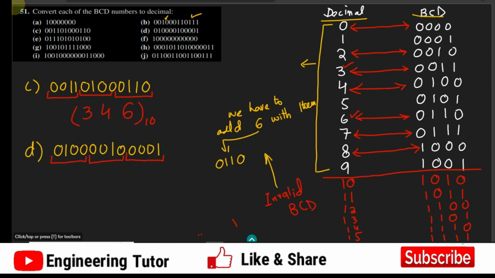Now let me see their equivalents here. So this is equal to 1. Writing it here 1. This is 0010, so 0010 is 2. 0100 is this 4. So this is 421, and this is in decimal. That is the solution of part D. All the solutions are going very smoothly, and we are not getting any invalid BCD